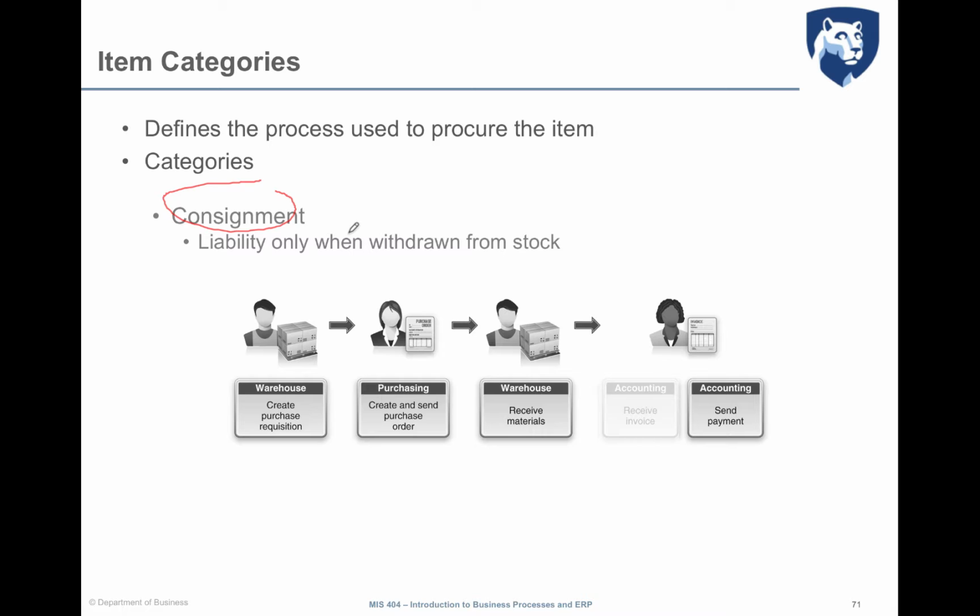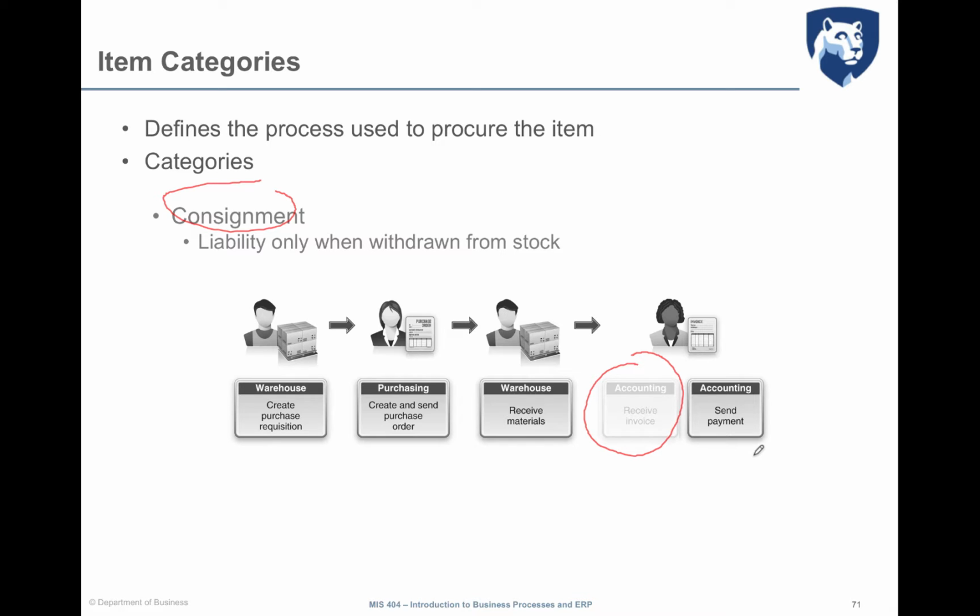So we will pay the vendor only when we use or sell the material on stock. So for this category of materials, the purchasing process won't see the invoice receipt step. So in this case, this phase is cancelled. So we just send the payment to the supplier when we take the